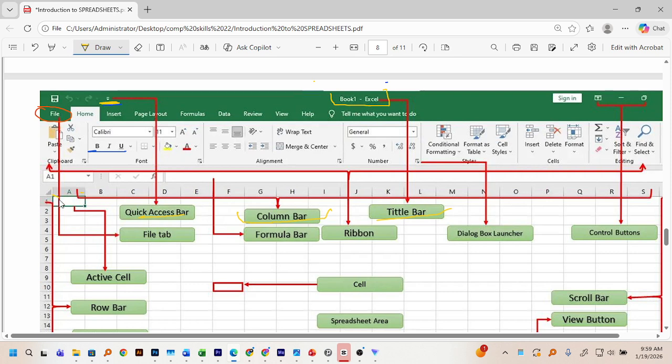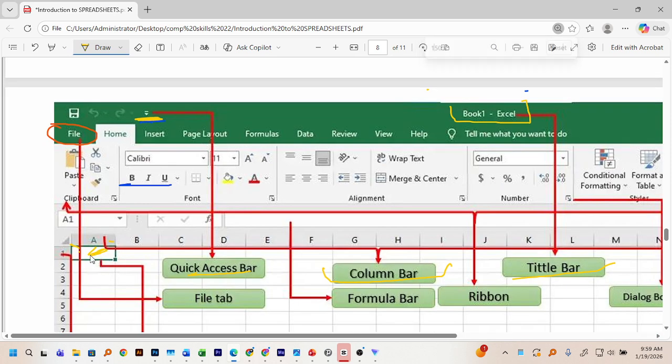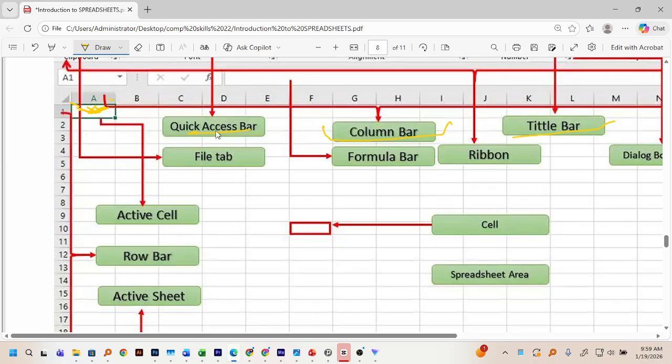Now, we said an intersection of a row and a column is what we call a cell, and this particular one is an active cell. An active cell is a cell that I've selected, and it will usually be highlighted by green borders, as you see here. Now, if I open up the actual Excel, this is just an image I'm using to